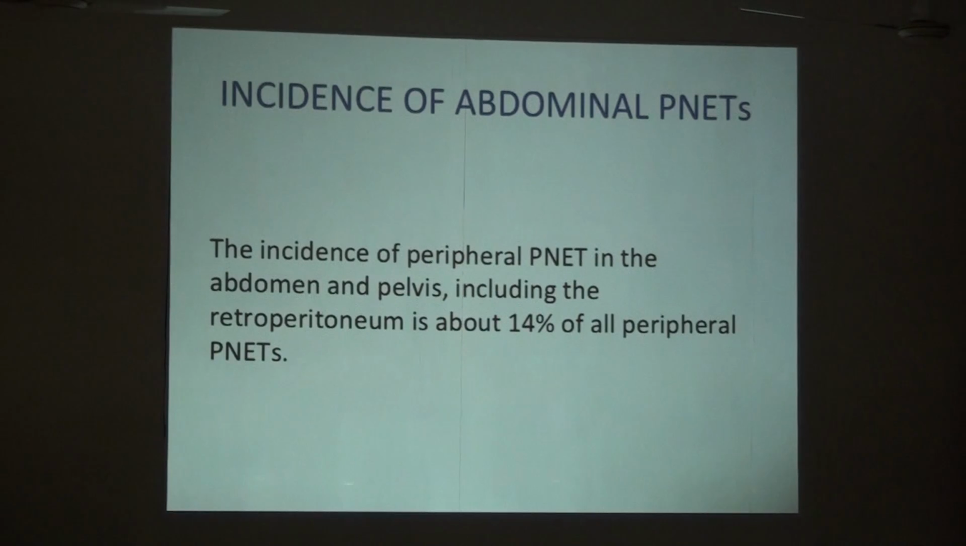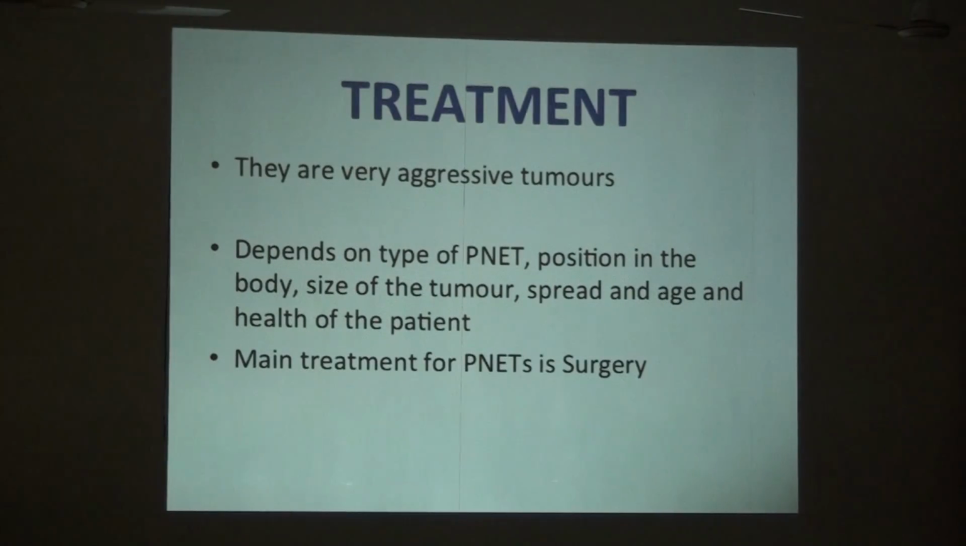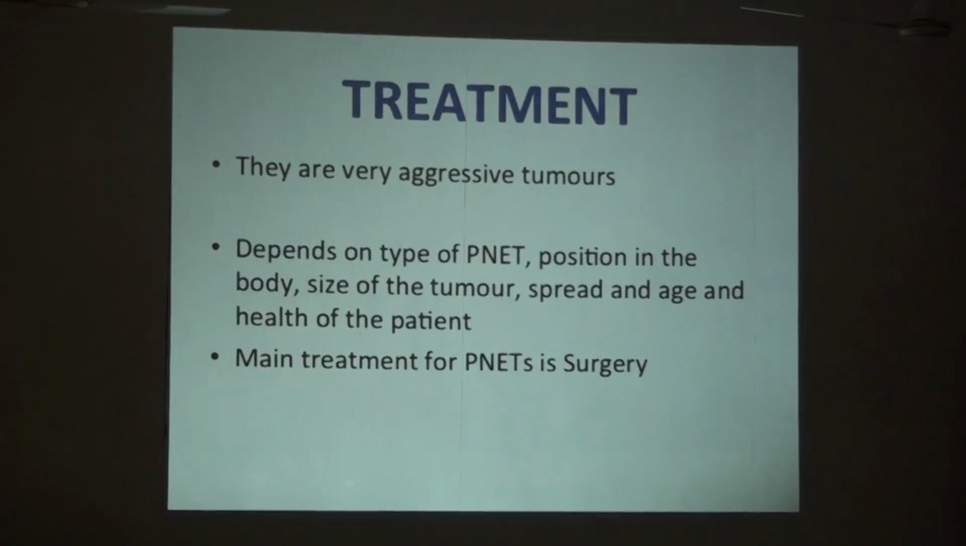Incidence of abdominal PNETs. The incidence of peripheral PNET in the abdomen and pelvis, including the retroperitoneum, is about 14% of all peripheral PNETs. So it is a very rare kind of tumor. Coming to treatment, they are very aggressive tumors and it depends on